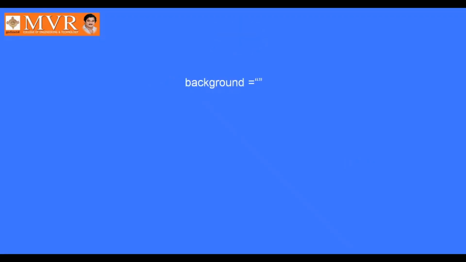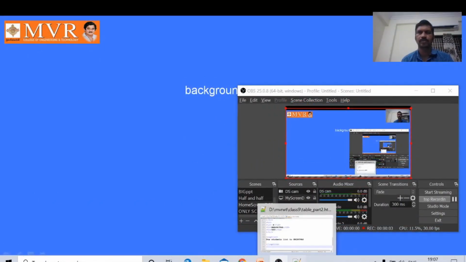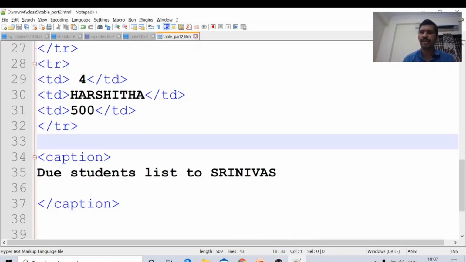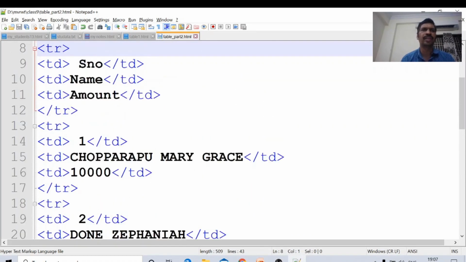Okay, background. It is possible to set the background for the table. The background attribute is used to set the background for the table.